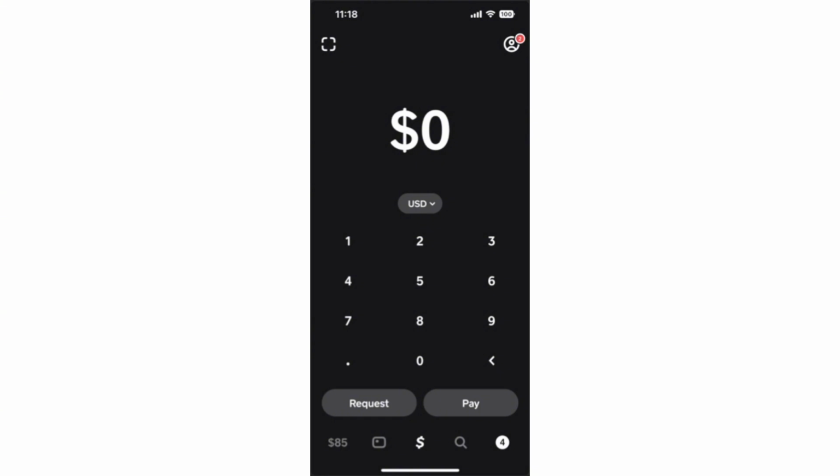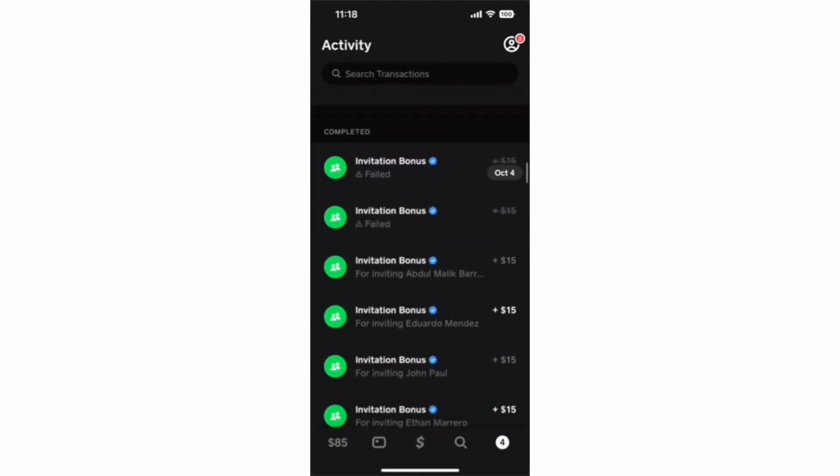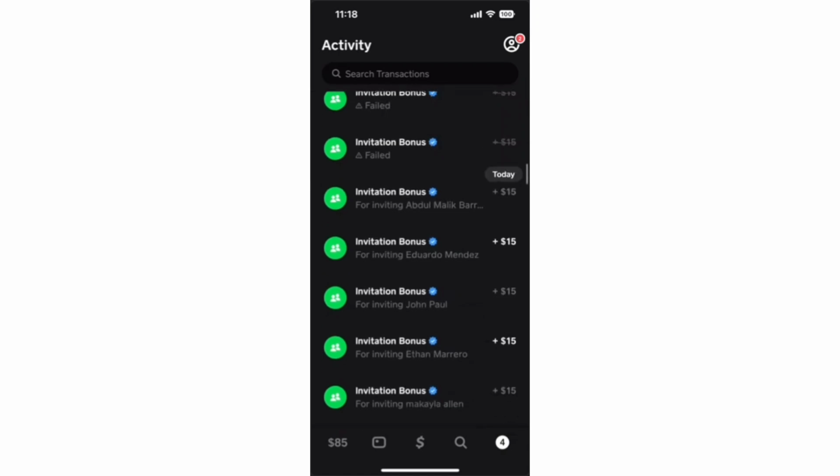So go ahead and head over into your transactions tab by hitting on the bottom right corner of your screen. So as you can see in here, you'll be able to find all of the transactions that you've made on Cash App. As you can see in here, there are several transactions that I have made on Cash App in